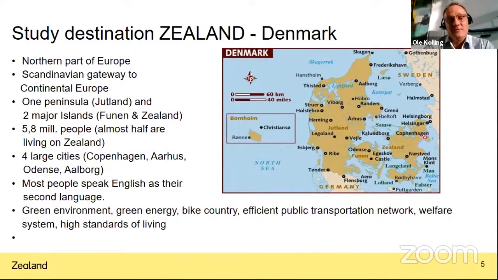Now, in Denmark, we speak our own language, Danish, but most people speak English as a second language, so you can easily manage daily life in Denmark knowing English. We, of course, try to encourage you to learn the Danish language, because this will also benefit you later on when you look for a job upon graduation in Denmark.